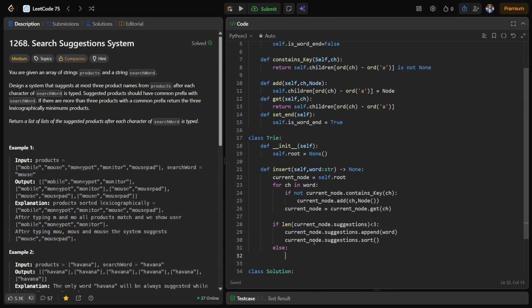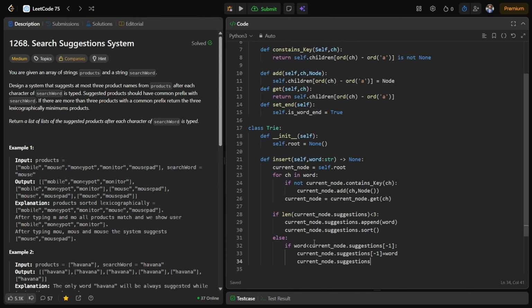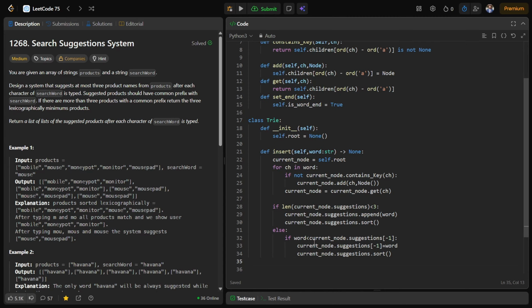Else, if the word is less than the current node dot suggestions' last word, in current node dot suggestions, the last word will be replaced by this word, and again we will sort the suggestion list. Okay, and after that, current node will have this set end function call. Okay,